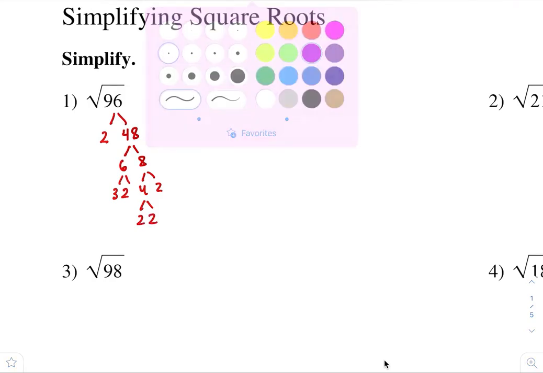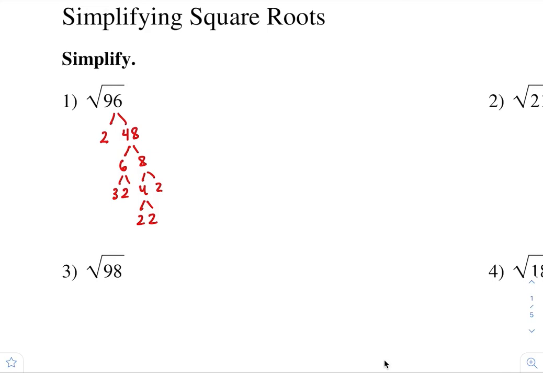So I'm going to circle the pairs. We have a pair of 2's right there, we got a pair of 2's right there, and we got these two that did not find a pair, right? So we got a 2 and we got a 3. When you guys simplify square roots, the leftovers we found go on the inside, so the